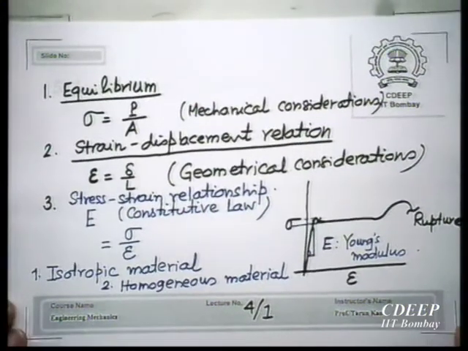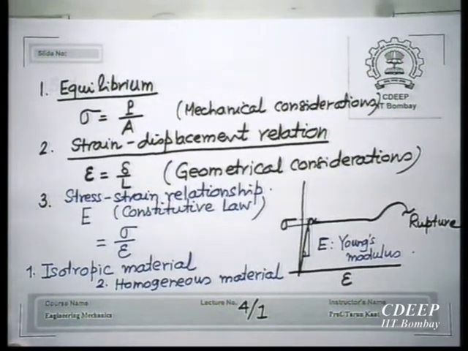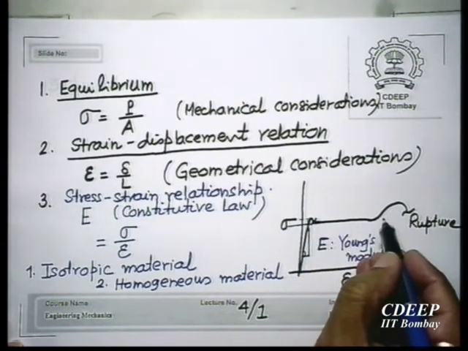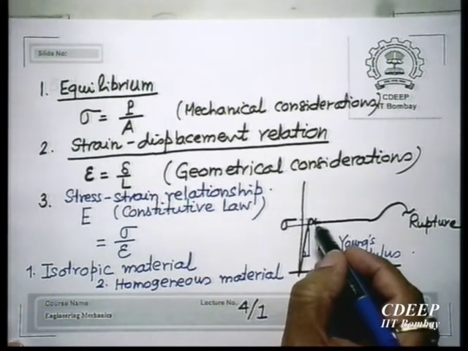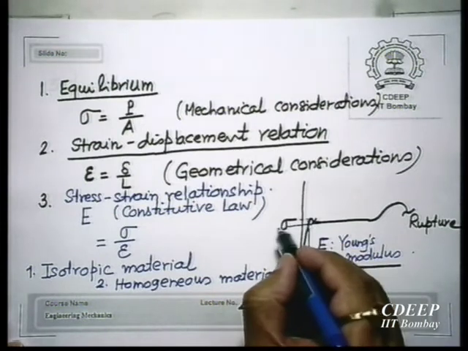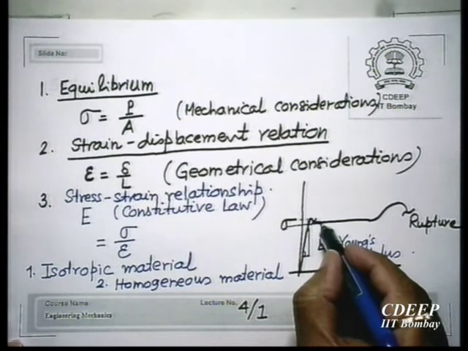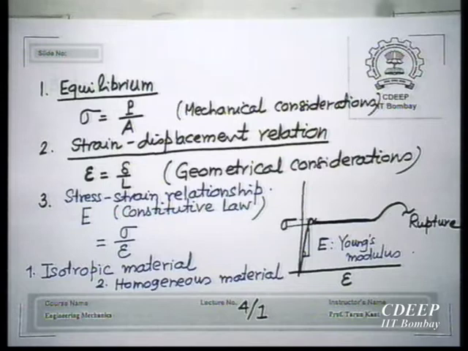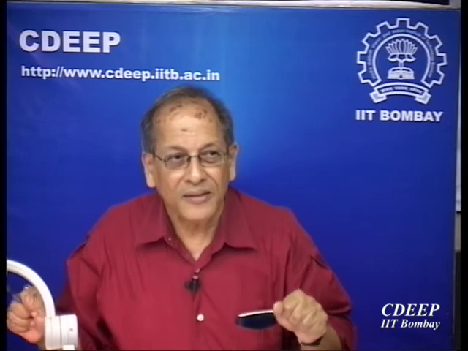For example, the top one, I remember, is called the upper yield point. Then the lower one, from where the material starts yielding, is the lower yield point. This one is called the elastic point. Up to here the material is elastic. The first point is the elastic point, then the upper yield point, then the lower yield point, from where this phenomenon is called yielding. The material starts yielding, it starts flowing at a constant load, there is a lot of deformation.